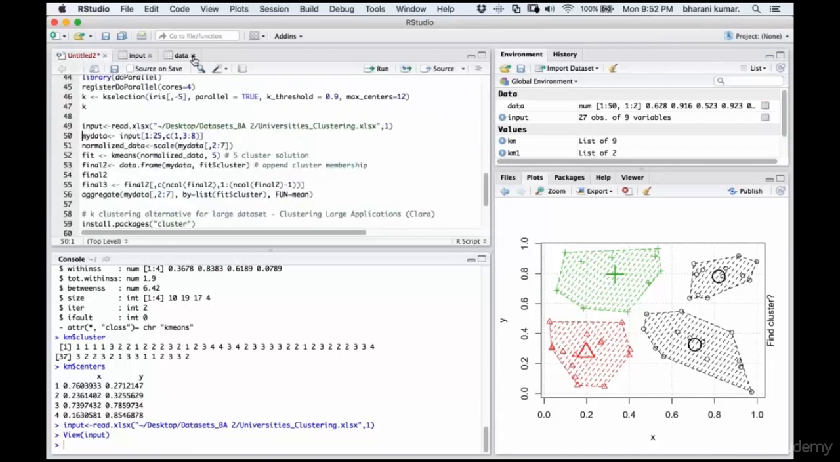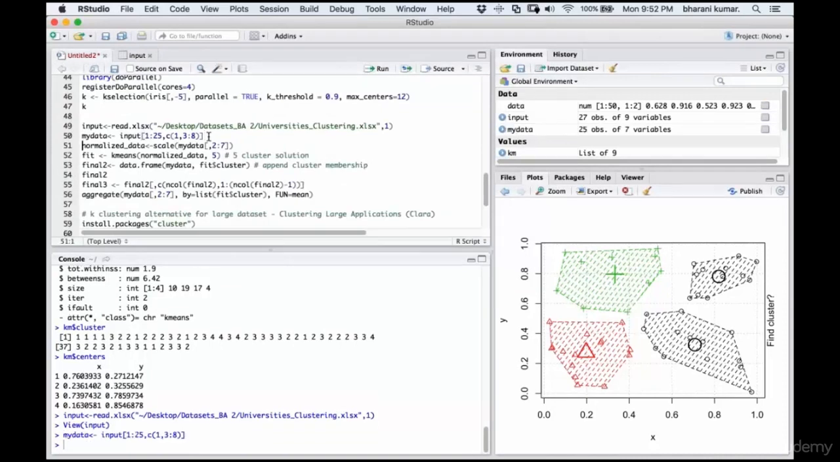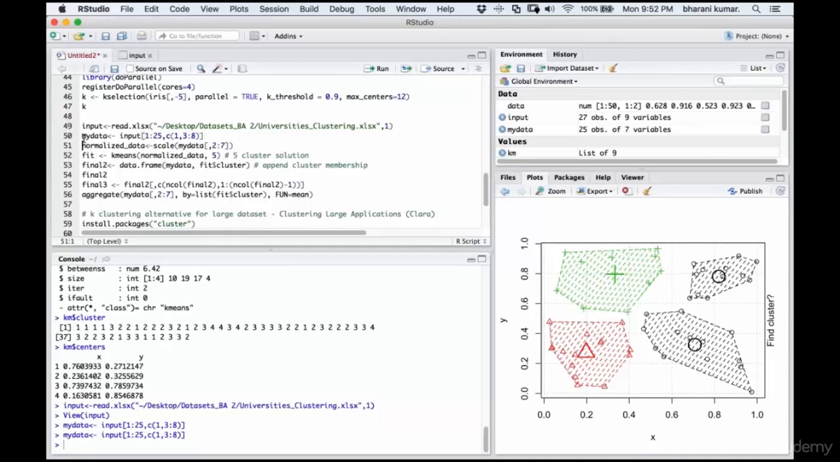So we need to get rid of that, and there's a function we have already discussed in hierarchical clustering that we want rows 1 to 25, and when it comes to columns we want the first column and columns from 3rd to 8th, and we want to combine all those 1, 3, 4, 5, 6, 7, 8, and I'm assigning it to my data. Now this my data here